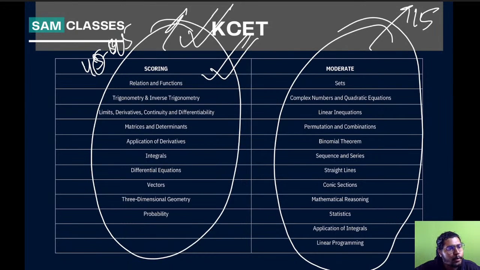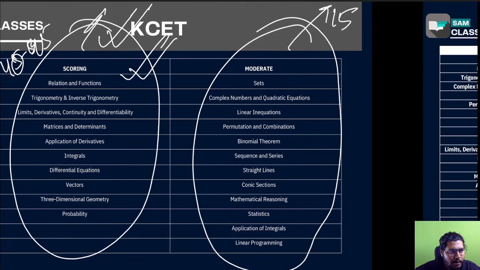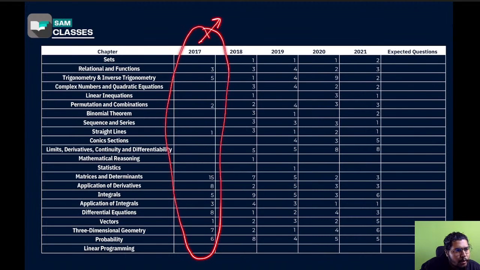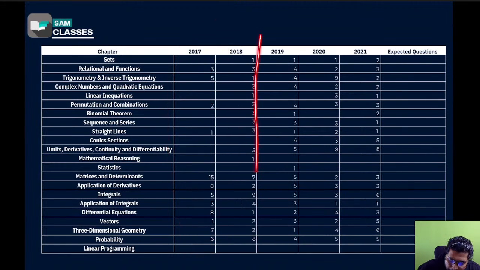Now let's come back to Comedk once, and let me explain you the Comedk difference, since a lot of students are writing both exams also. Now if you see Comedk, first coming to our favorite chapter, Matrices and Determinant. This 2017 paper, we didn't get much original paper, so I don't take this analysis. What original paper we have is from 2019 to 2021.